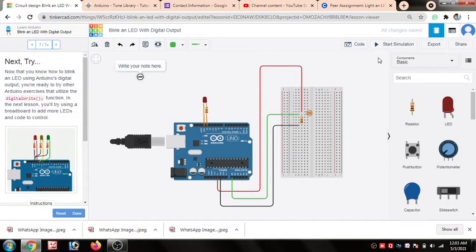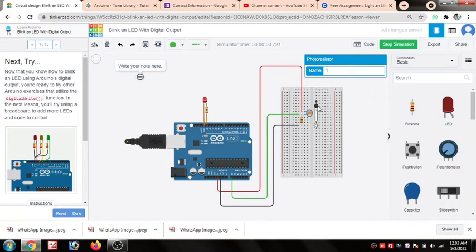Let's start our simulation first, then I will explain all the things clearly. I am starting the simulation. You notice that initially the light glows, but how? There is a question that arises, but how? Suddenly the light glows, why? Then we go to the photoresistor and we see that it is dimming the room. And as we increase the brightness of the surrounding or the room, the LED will turn off. Okay, let's see.